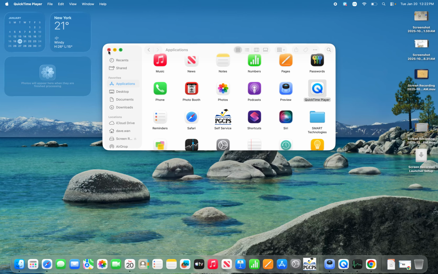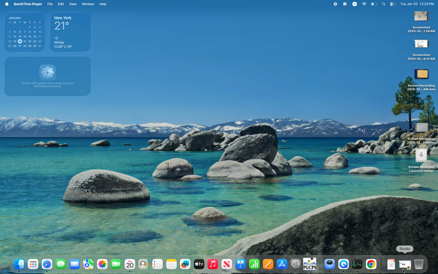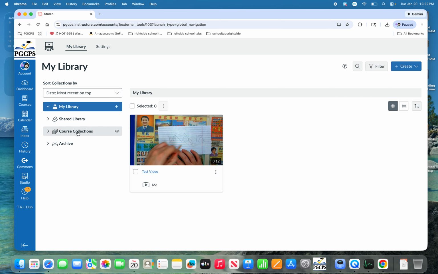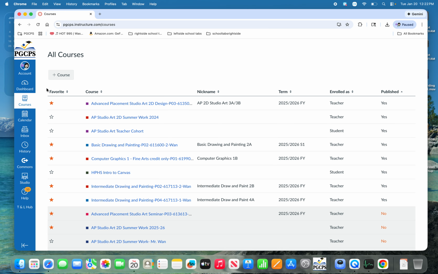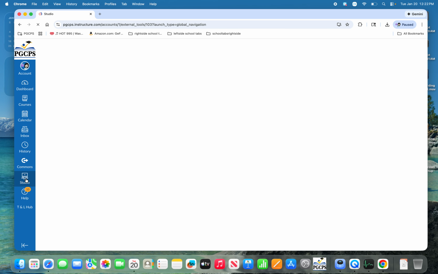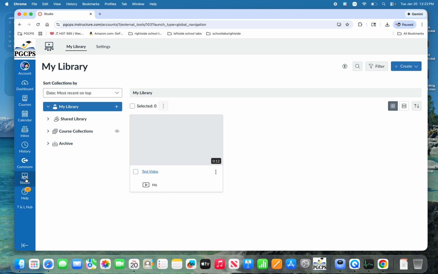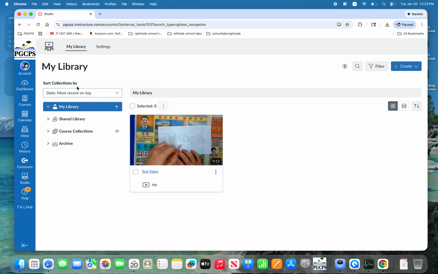Okay. All right. This is going to be a demonstration for using the Studio Capture in Canvas. So, real simple though on Canvas. In order to look at the studio, or the video recording program embedded within Canvas, you're just going to go to the left-hand panel here. Click on Studio here, and this is basically where you can start to record and save your lessons or demonstrations